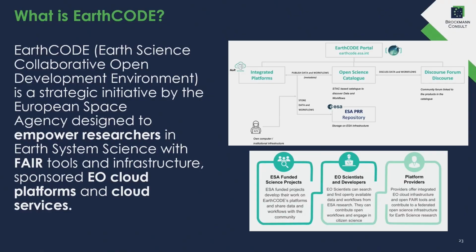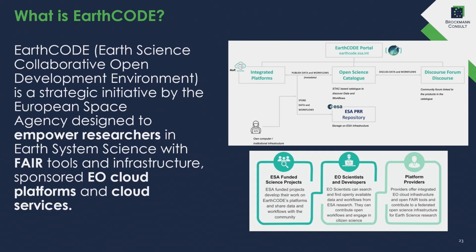So you are at the bottom left. You're a researcher, you need some access to an integrated platform like DPSTL. That's where the Xcube ecosystem is also present. And you have NORs, so Network of Resources requests from ESA, you get some compute, and then you do your experiments, you log your experiments to the Open Science Catalog so that everyone else who is there can view your workflow, run your experiments. And there's a Discourse forum, so you can meet with the community